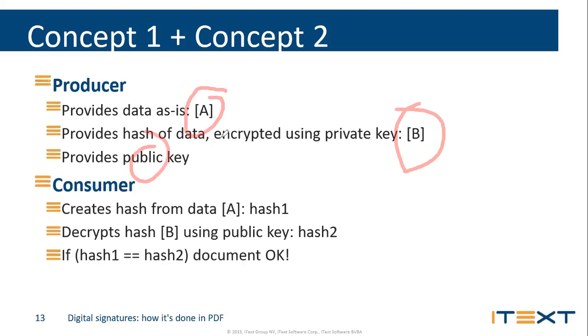When it comes to the consumer, the consumer creates the hash key from the data A, hash 1, decrypts hash B using the public key, hash 2, and if hash 1 equals hash 2,